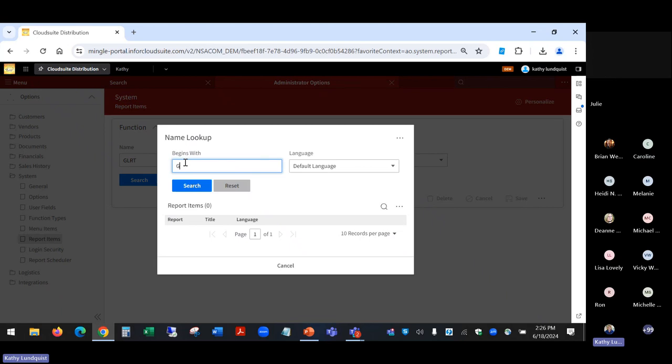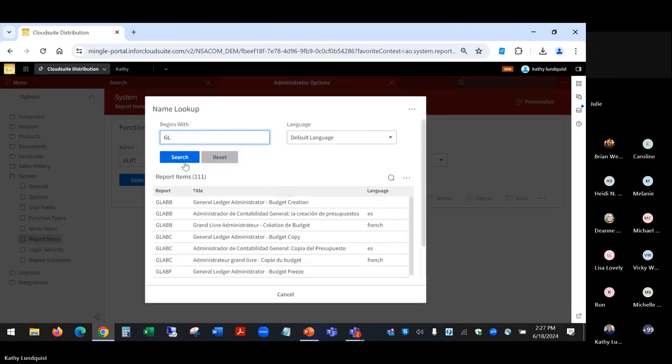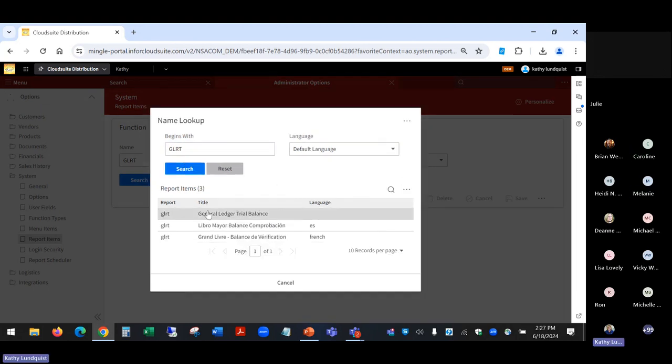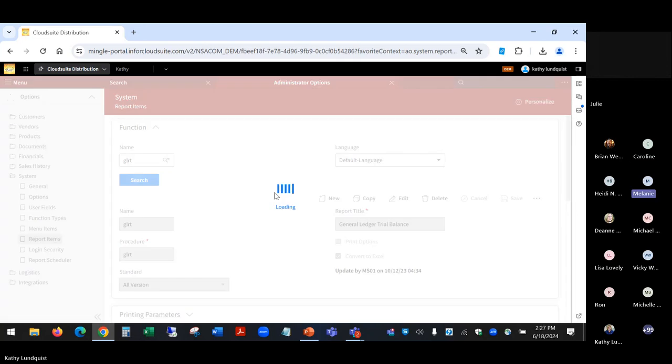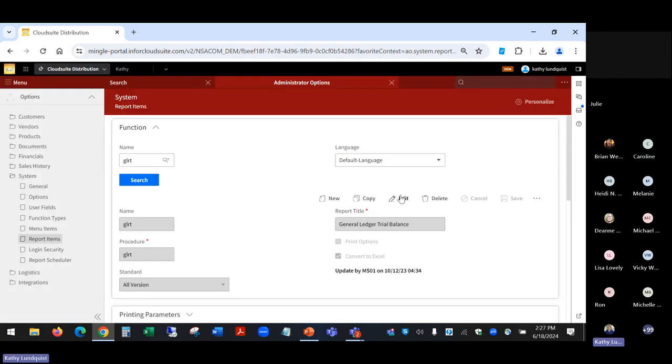That was menu. And let's see, RT. There we go, general ledger trial balance. And in here, you would edit it and check this print options to yes and default that. Now you could make that site specific so it doesn't get overwritten with each update, but by me doing that, I'll show you now when I go in to run this report,